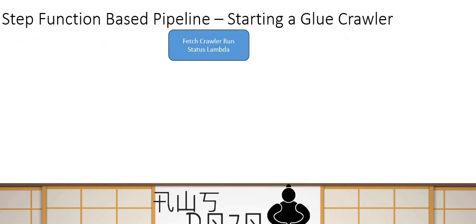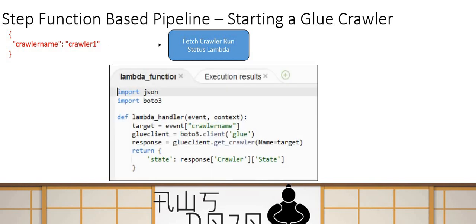Then the second method is going to fetch the crawler runtime status. In this case, again, you provide an input, and the input looks very similar. You are simply passing the crawler name. Then you write your business logic, and actually, it's pretty straightforward. Again, you simply extract the crawler name, then you create a glue client. Then you want to get the crawler information,